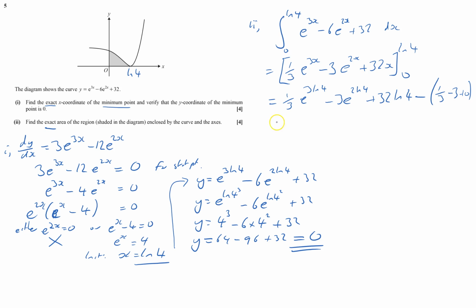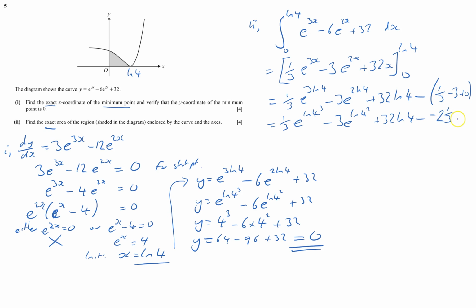That equals 1/3 of e to the ln 4, 3 goes up there, 4 cubed, minus 3e to the ln 4 squared, plus 32 ln 4, minus, that's going to be minus